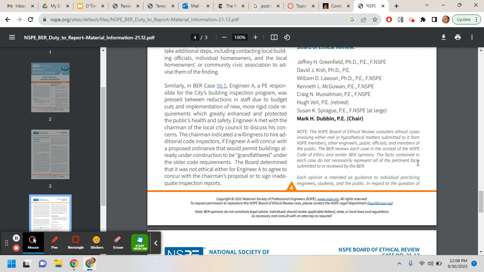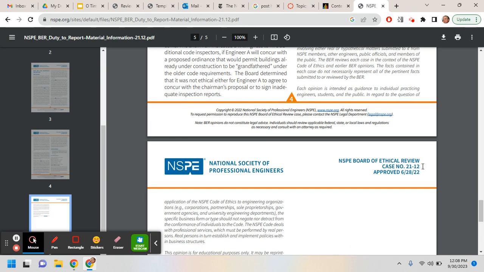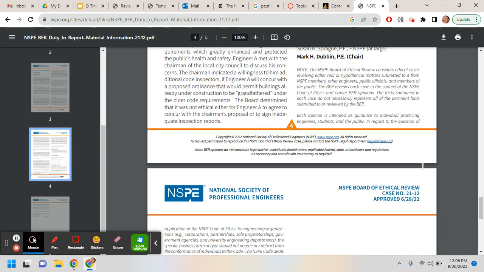The BER reviews each case in the context of the NSPE Code of Ethics and earlier BER opinions. The facts contained in each case do not necessarily represent all of the pertinent facts submitted to or reviewed by the BER. Each opinion is intended as guidance to individual practicing engineers, students, and the public. So these are teaching materials. These are things that are meant to be read by people like you and me in order to gain some guidance in engineering ethics, but especially in what they actually say, which is